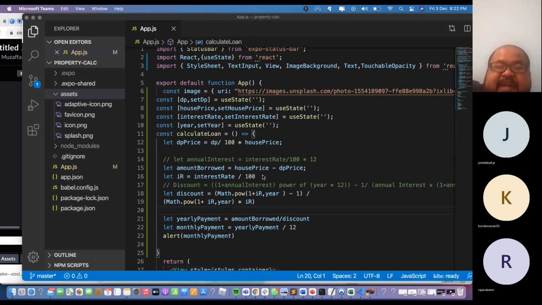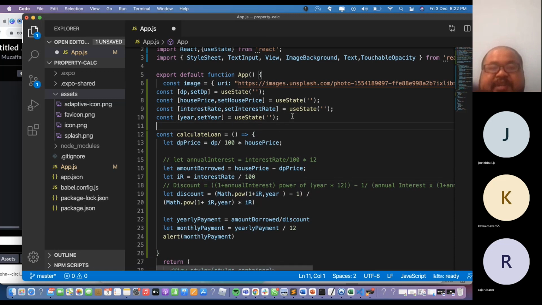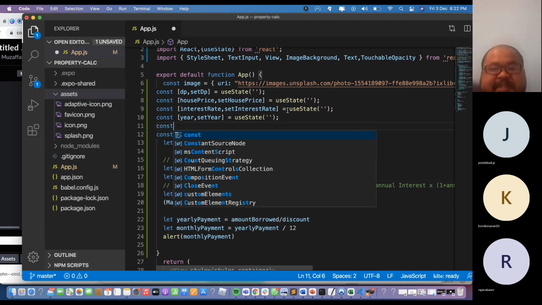So I do it here, IR, interest rate. Just that it was 4.2. I put it as IR, interest rate, and then I divide by 100, and then all the formulas at the bottom have to use that interest rate. So once I have that, I can do here. So const